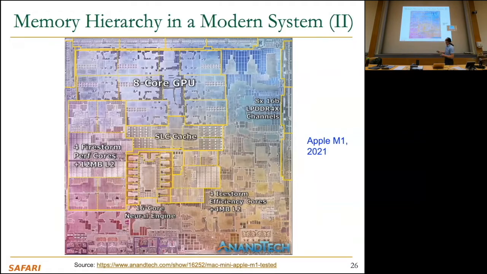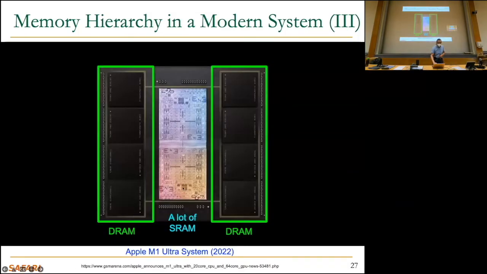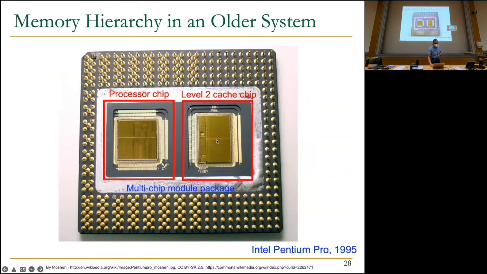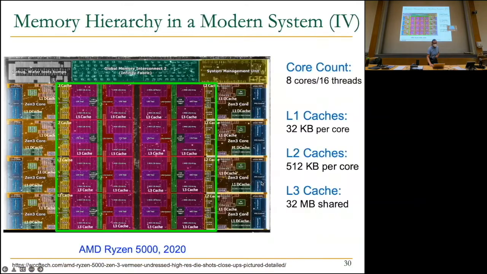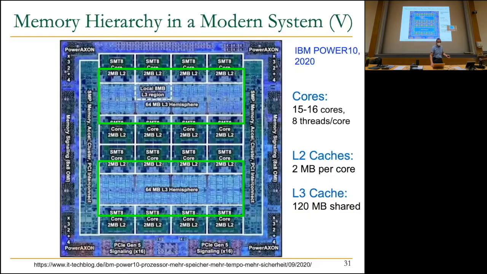You can see that people actually do interesting things like system-level caches that are shared by the GPU and CPU, such that they can have their own address space. The memory hierarchy is clearly visible here. A lot of SRAM is here, and a lot of DRAM backs it up. Most of the system is memory hierarchy, and these are older systems, as you can see. We're going to cover some of the interesting things in the level 2 cache soon. We're also going to do the hierarchical performance analysis of this system, which is Pentium 4, in a little bit. But basically, I've shown you all of these before, and they show that the memory hierarchy is the biggest resource